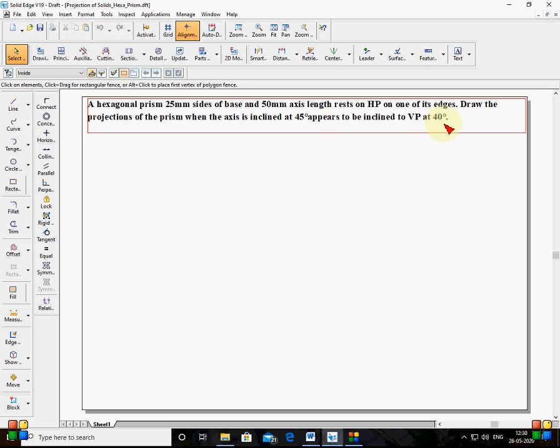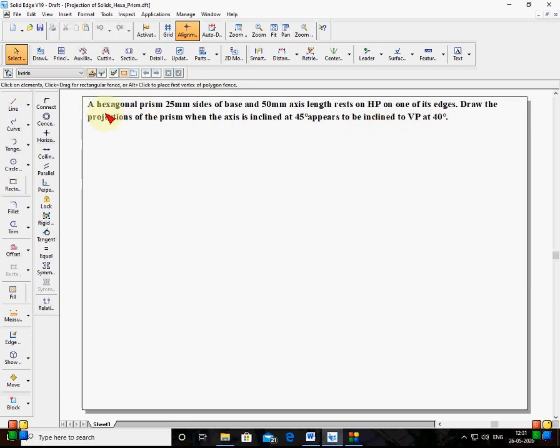In the previous problems on planes, if the words appears to be inclined to VP or HP come, then it is understood that the angle given for the third position is always an apparent angle, and at that time you should not use the beta angle calculation method or the locus method. The same rule applies here for prisms or any solids. We'll see that later when we come to the third position drawing.